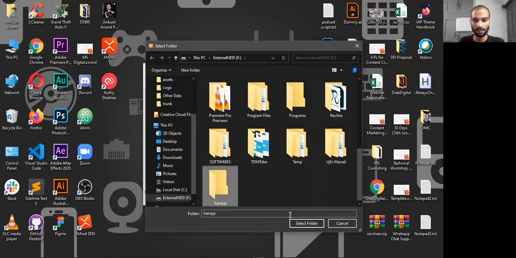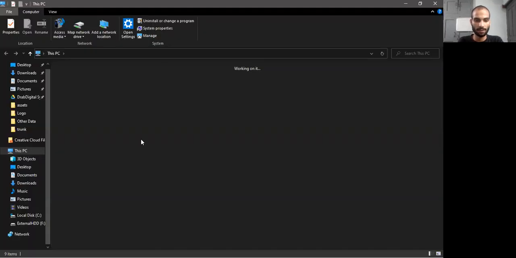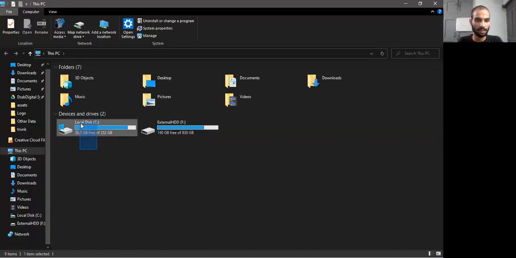I'm naming it XAMPP because I know what XAMPP is. You can call it server as well, or anything. No worries about that. Just choose a folder where you want to install. I am choosing my F drive, so that if my Windows gets deleted, my website data is not deleted. So that's why I'm doing this.